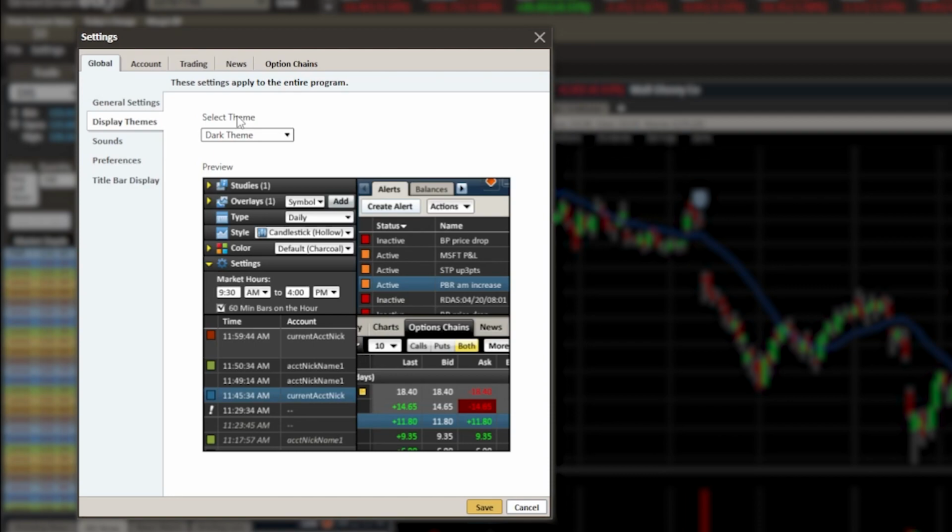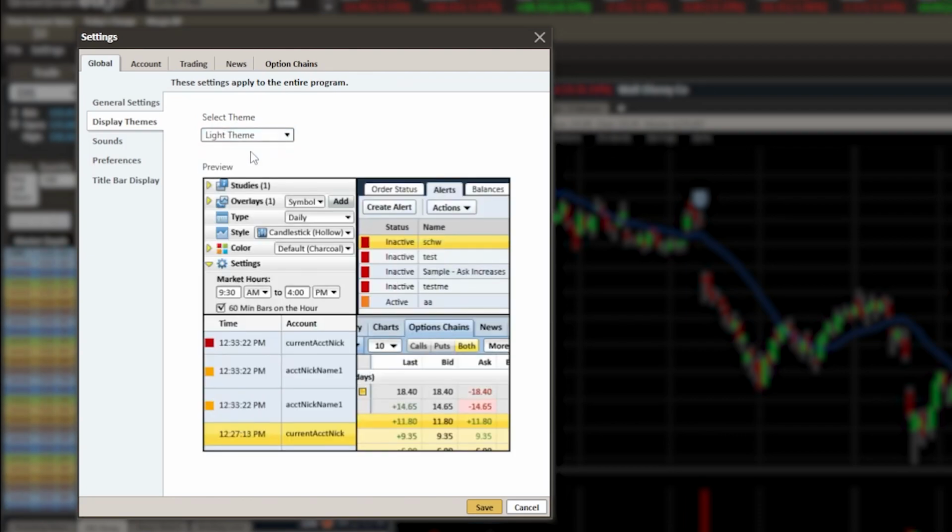At the moment, I currently have the dark theme selected, but if I wanted to switch that, I would just click on the toggle here and flip it over to the light theme. If I like this color scheme better, I would simply hit save in the lower right-hand corner, and now my whole platform is gonna be the light theme, the white background. In my case, I'm not a fan of that one, so I'm gonna go ahead and flip it back over